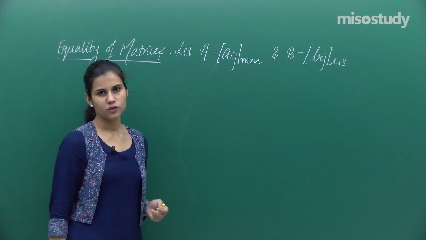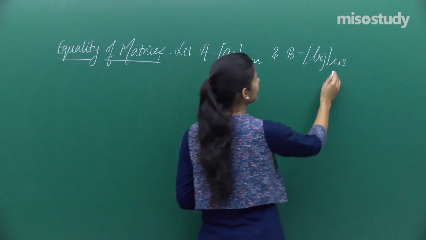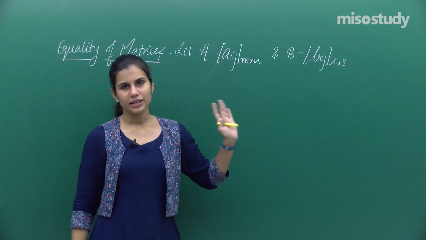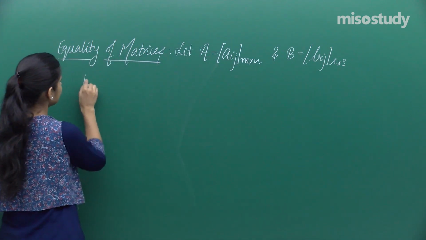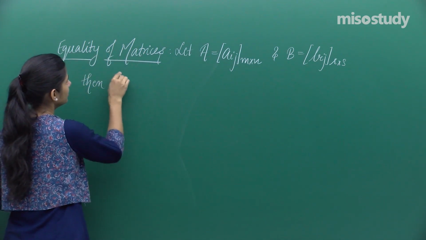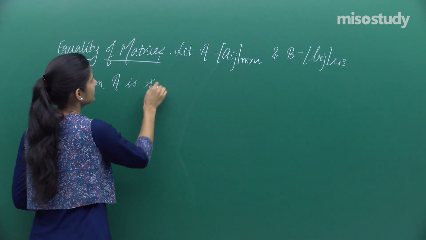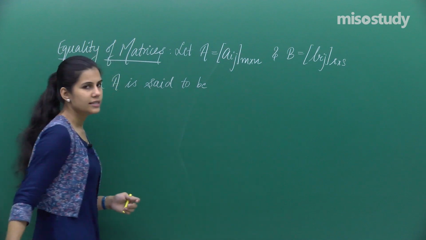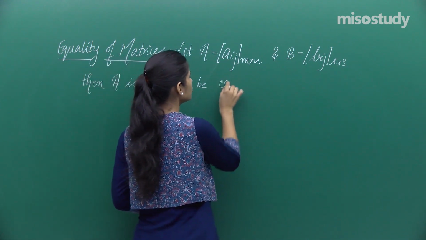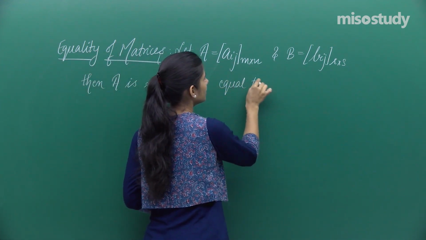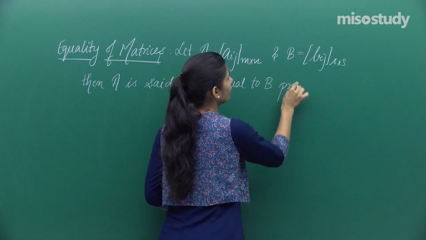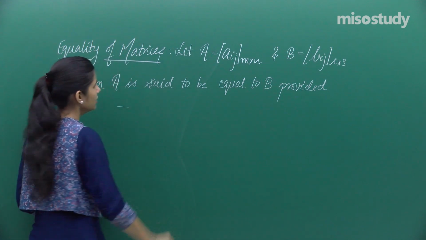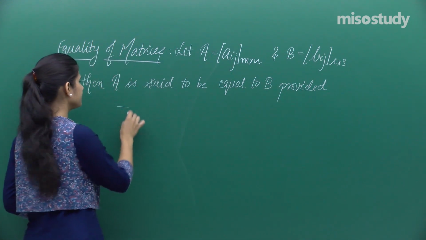So, B is a matrix of order r cross s, that means it has r rows and s columns. A and B are two matrices, then A is said to be equal to B provided